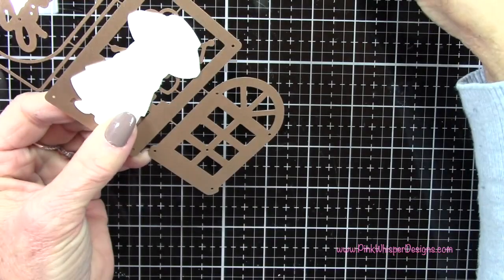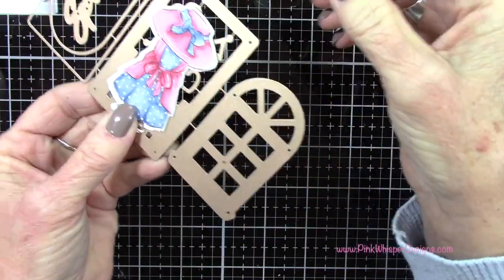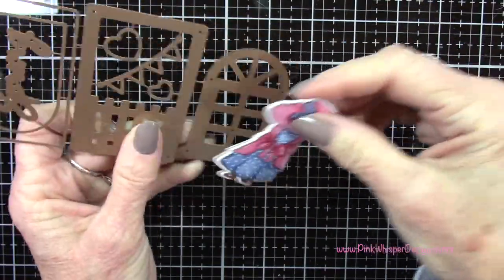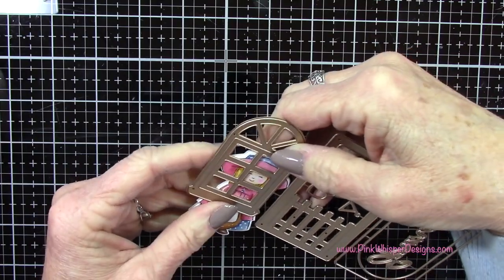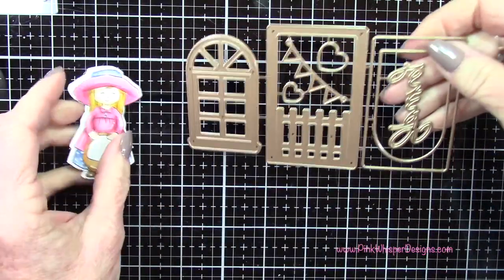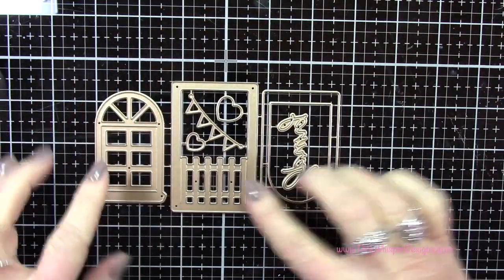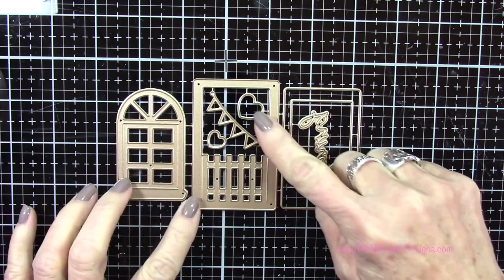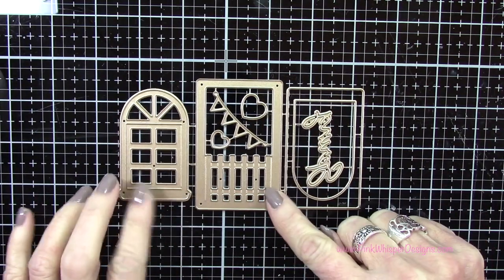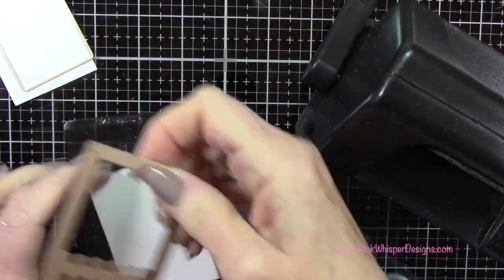And we're going to be using that fence today. And then you also have that little window that you could do the same thing with. So they're meant to coordinate with these. And then in this set, off to the right there, you'll see that there's a rectangle and that arched piece. Those are to cut out the openings for your window and your fence. And then you have that little word spring, so you can use that sentiment and cut that out. You have 2 sizes of hearts, and then you have that cute little banner that can go across the window